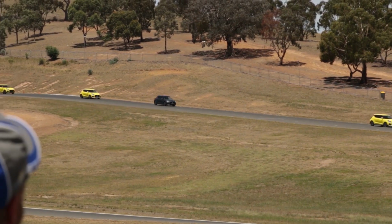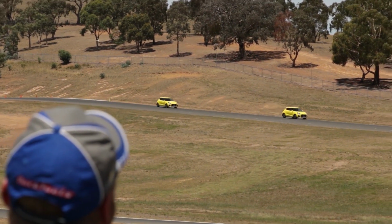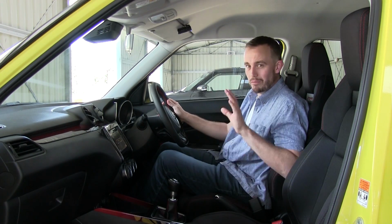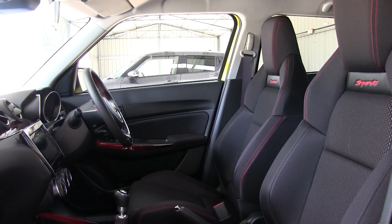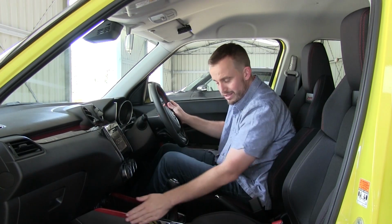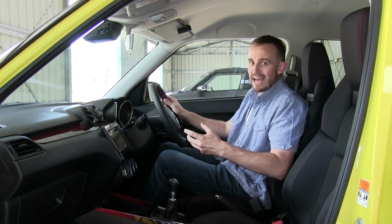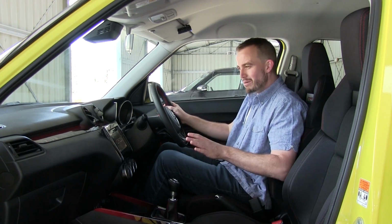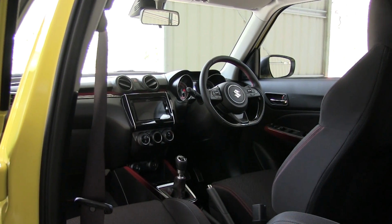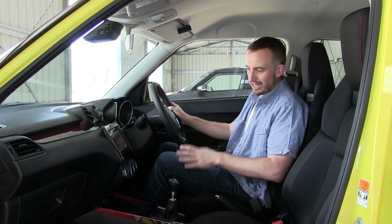Now, while I would love to be able to tell you what it's like to drive on the regular road, we're not getting a chance to do that today. But let me go into the pits and maybe we can look through some of the finer details. As you might expect, it feels like a sportier version of the regular Swift. You get a bunch of different elements though that make it feel special, like red stitching on the seats and on the steering wheel, and there's red panel sections on the dashboard and down here and on the doors. It really does add a little bit of flair to this otherwise maybe a little bit cheap feeling, maybe a little bit austere cabin. You still get the same old 7-inch touchscreen media system with Apple CarPlay and Android Auto,